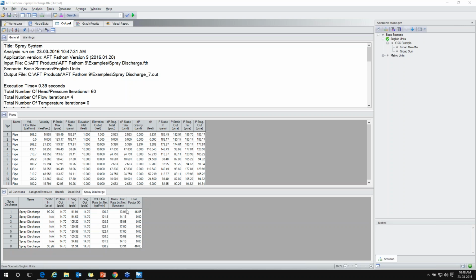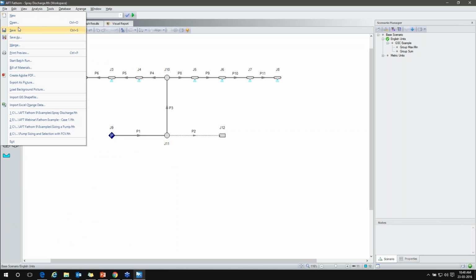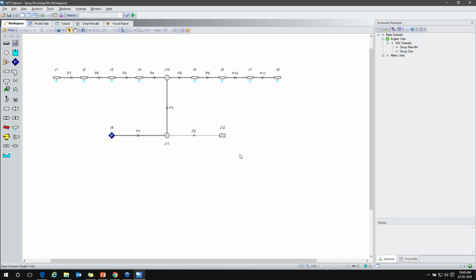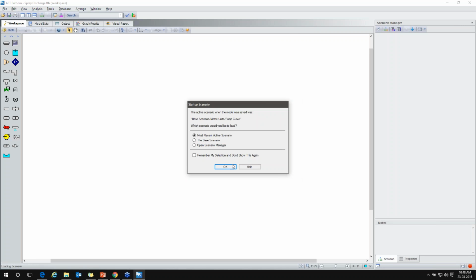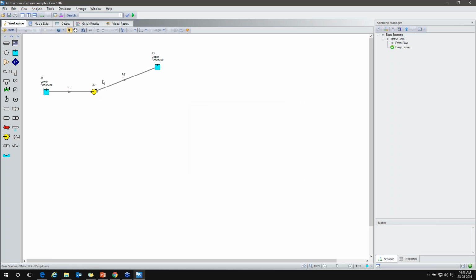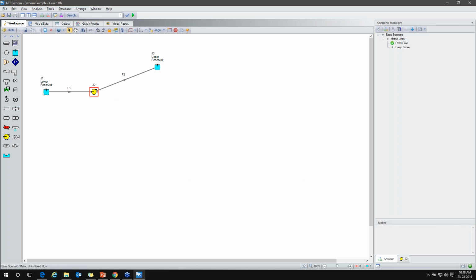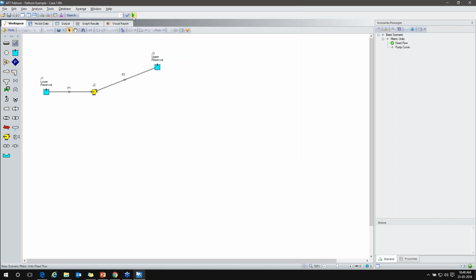So our next question is how to add a new pump vendor. Okay, so let's go back and open the case I was displaying at the beginning of the session. So I open that case. Let's say for an example I am working with a fixed volumetric flow rate situation, where my pump is working at a specific volumetric flow rate. So we run the case,